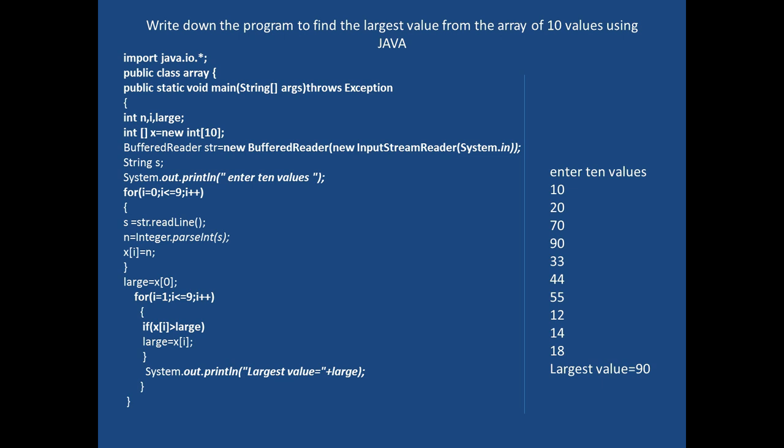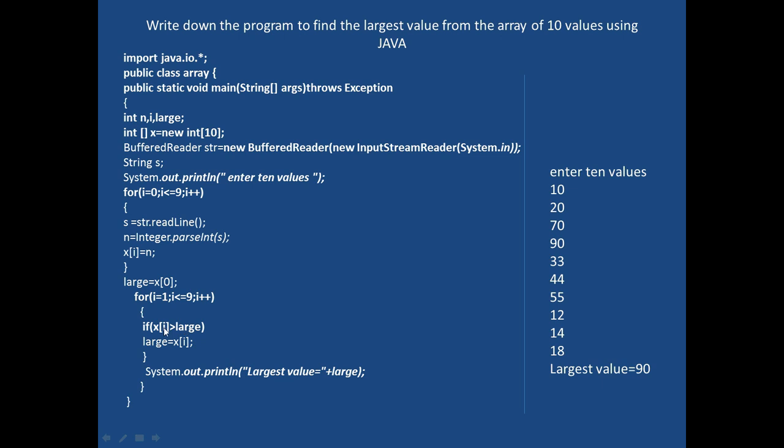Okay, यही program, the same program is attempted in Java as well. So the code is almost same, just the syntax is different. We have started the loop from 0 to 9. And in the same way we have entered values, 10 values we have entered in the array x. So similarly, the first value x of 0 is assigned to the variable large, and again loop start from 1, not from 0.